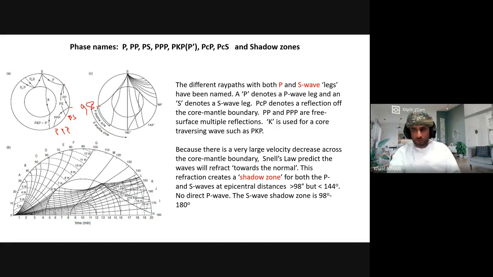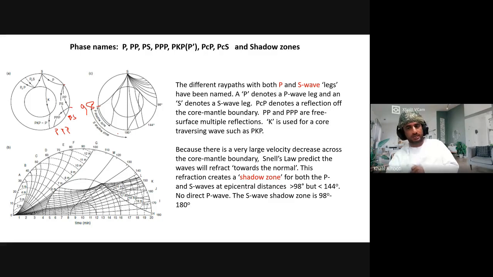Why is that? Because the S wave cannot go in liquid. So it will not come as a direct S wave. It can come as a mode conversion. A P wave hits this part after coming out of the core, the outer core. It can change its mode and appear as S, but that's not a primary. It's not a real S. It was a mode converted S. Real S will not appear